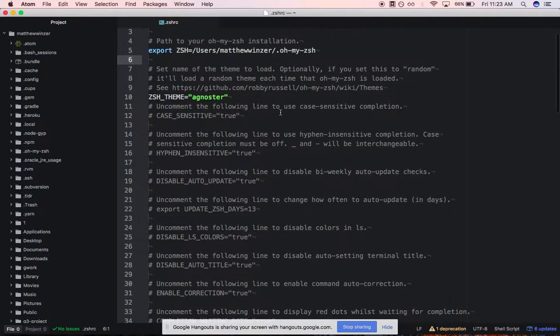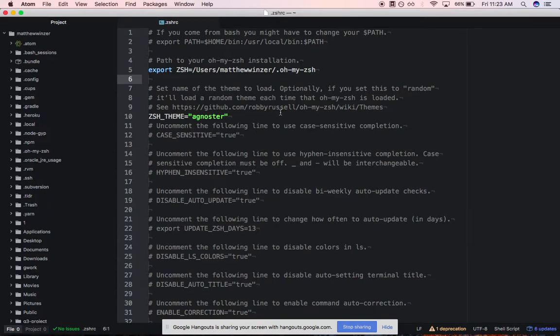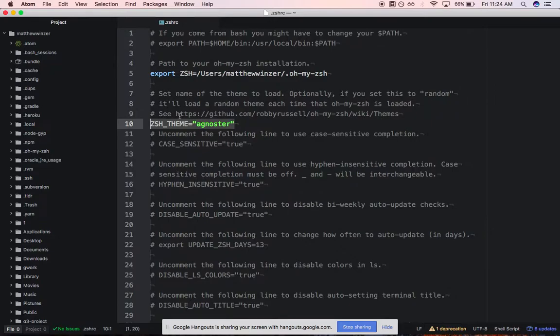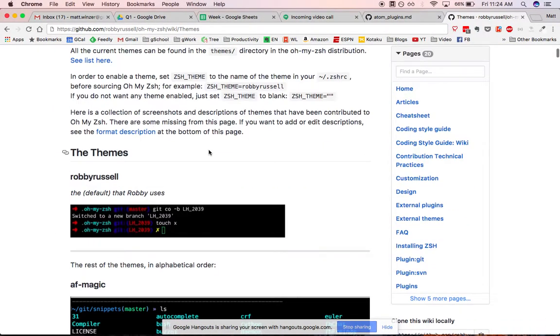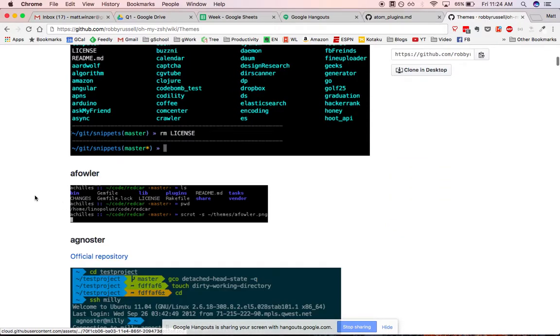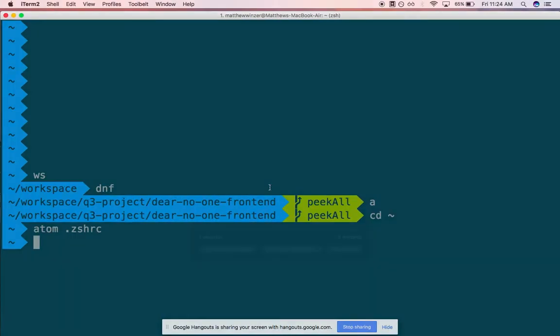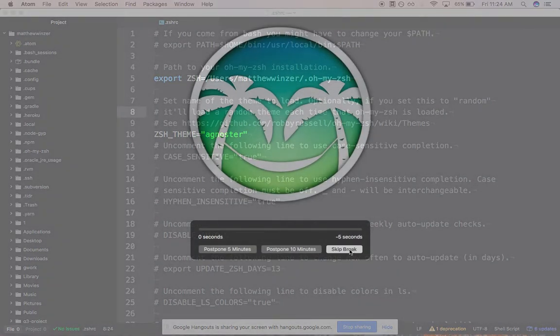Your zshrc file has a bunch of stuff essentially commented out. The important part in terms of changing the theme, you should see towards the top. There's this ZSH_THEME, and you can change that to the name of any of the themes on here, and it'll change your Zsh. Just do Agnoster then. Yeah. So if you type Agnoster in there,